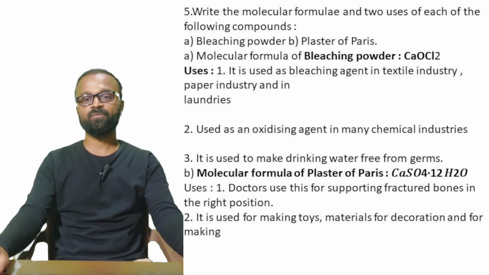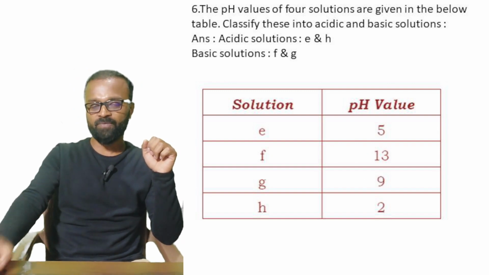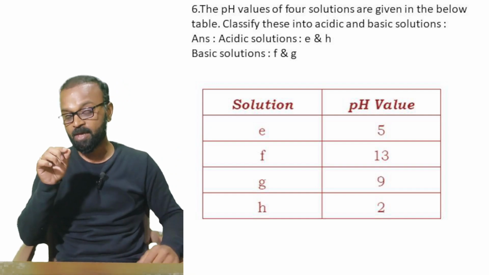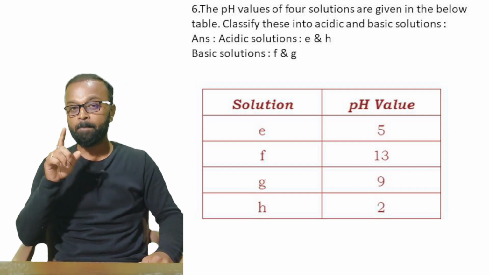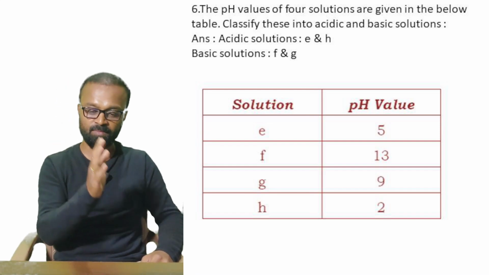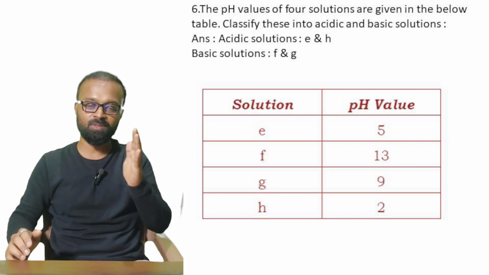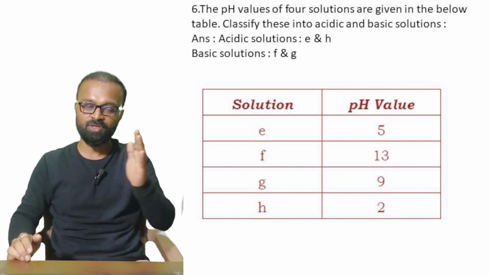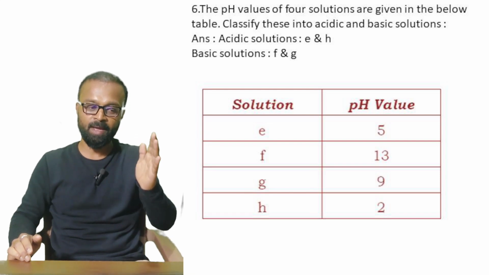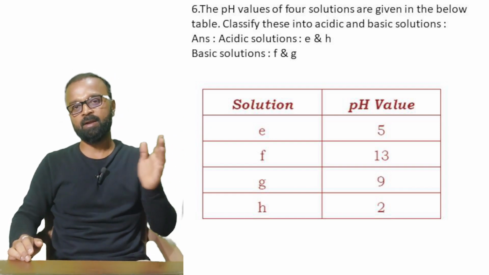Based on the pH value, they will definitely ask a question. On the pH scale of 1 to 14, 7 means the neutral solution, and pH paper works based on the H plus ions, not based on the OH minus ions. Keep that in mind. Anything below 7, that is 6, 5 down to 1, the H plus ions are increasing, which means acidic nature is increasing. It goes from weak acid to moderate acid and strong acid. 1, 2, and 3 are strong acids, 4 and 5 are moderate, and